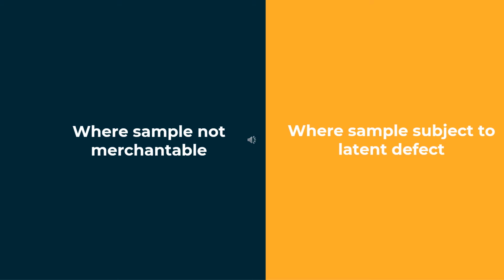Then the buyer reasonably relies on the seller's skill or judgment. Then the buyer is entitled hindi lang simply sa goods like tulad ng sell by sample natin, but to goods like those which the sample seems to represent. So yun nga, kung ano yung sample natin, ganun din yung sa selling of goods natin. So that is merchantable goods of that kind and character.